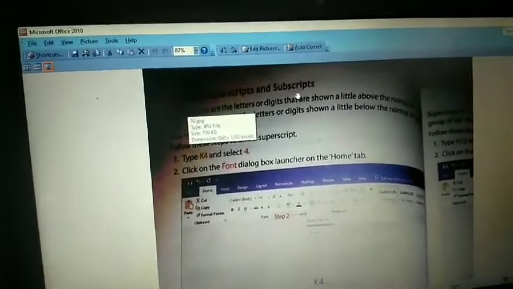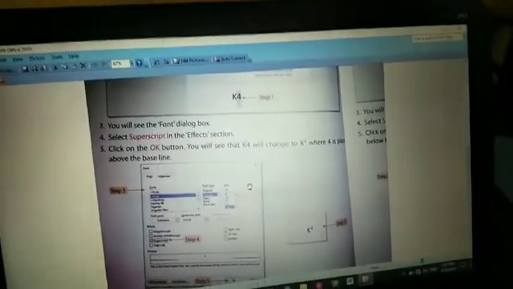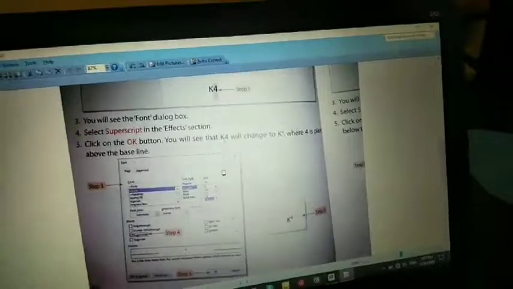Now the next heading is applying superscript and subscript. What are superscript and subscript? For example, when you see your math question paper, sometimes where there is a formula, some numbers or letters are at the top of the word or below the actual word. Understand? How do you make a particular letter or number sit above the word or below the word? Here I am going to explain practically. So listen carefully.